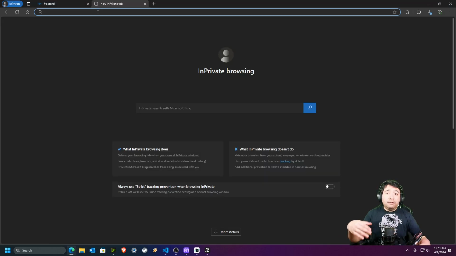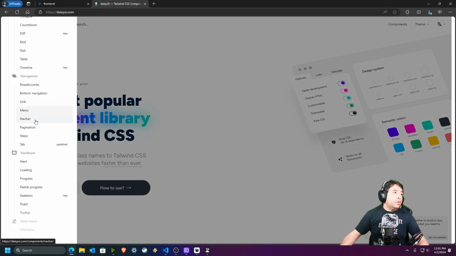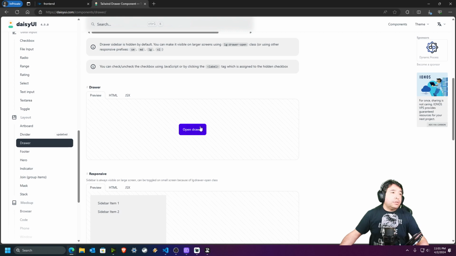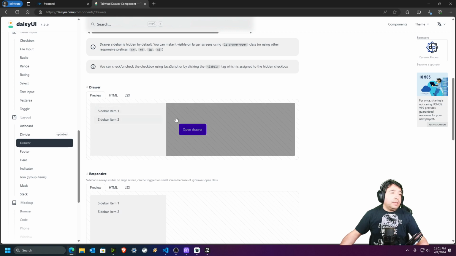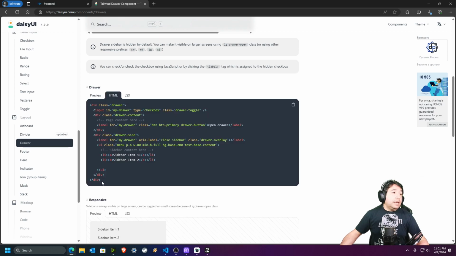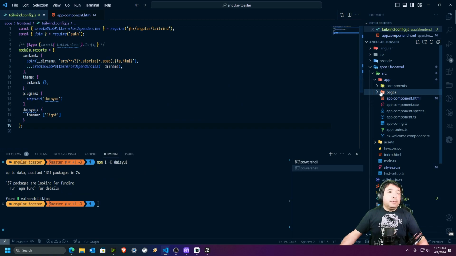So first, let's understand what the page wrapper component should have. So I'm gonna go into DaisyUI, and in DaisyUI, I'm gonna look for the drawer component. The objective of the drawer component is when you click here, it's gonna display a sidebar. You can close it as well. So pretty much that's what we want to do. So I'm gonna copy the HTML that I have here for the moment,